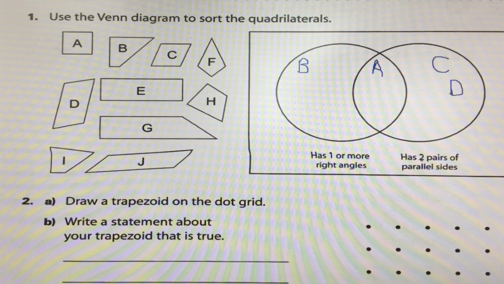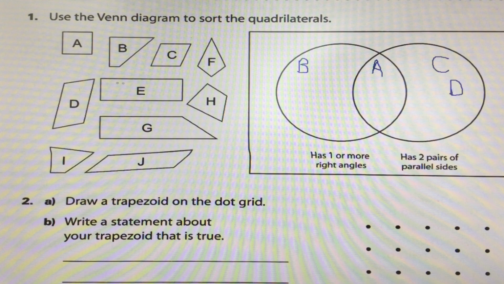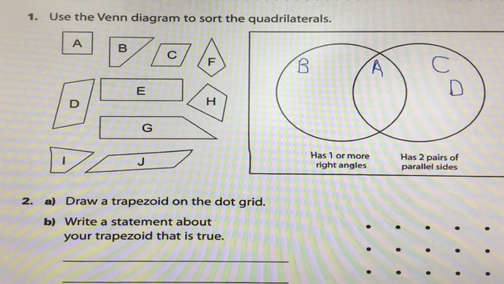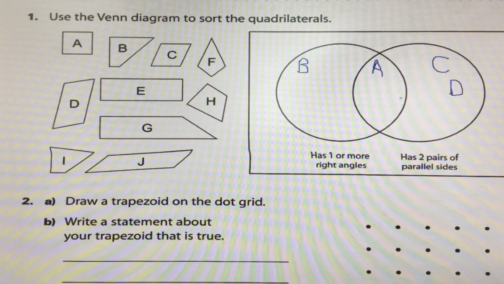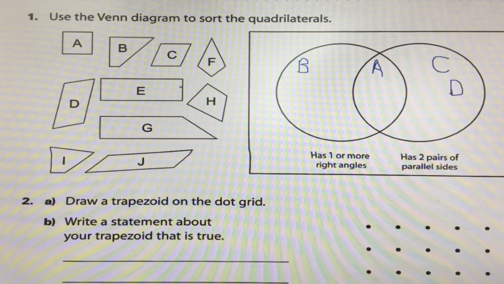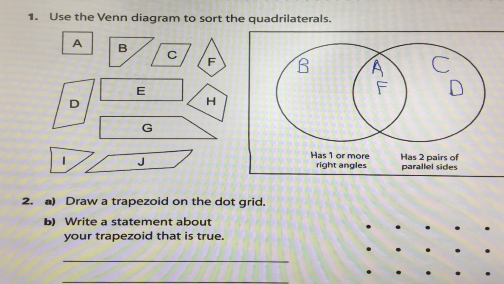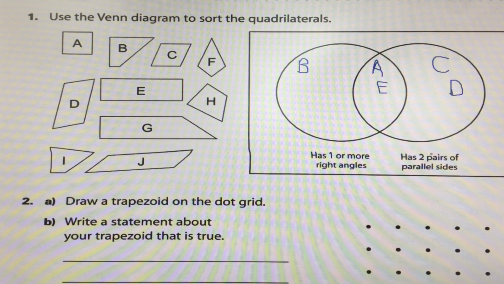What about E? So we take a look at it. It has 4 right angles, so it has more than one right angle. So it definitely goes in this side over here, but does it go in the middle? Let's see if it has two pairs of parallel sides. Yes, it does, top and bottom, and right and left. So A and E satisfy both criteria, both attributes, one or more right angles and two pairs of parallel